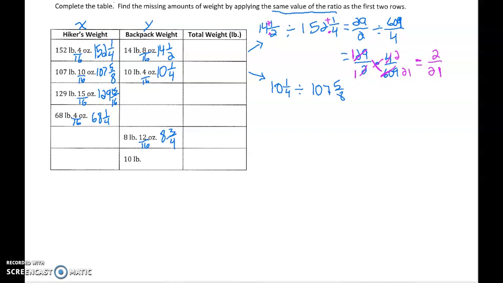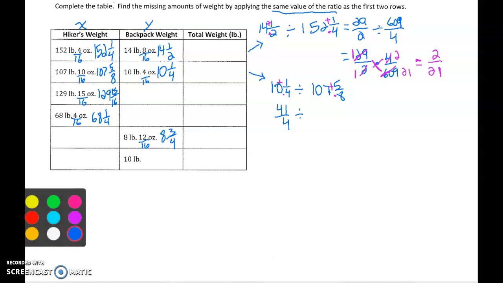Now again, don't stress when you see this. Use a calculator if you need to. 4 times 10 is 40, plus 1 is 41. So this works out to be 41/4 divided by, and take my word on it, 8 times 107 plus 5 is going to work out to be